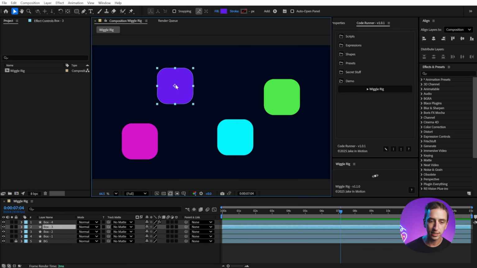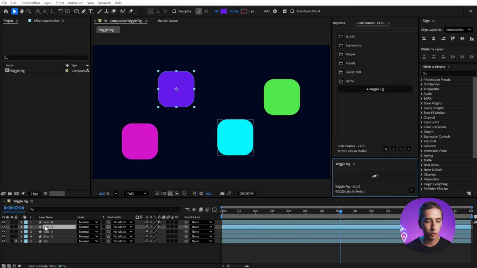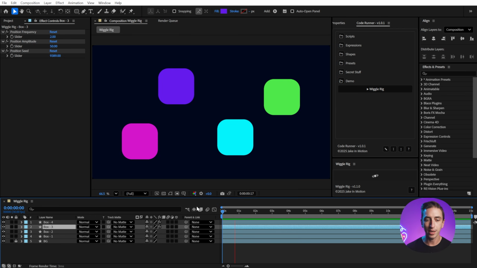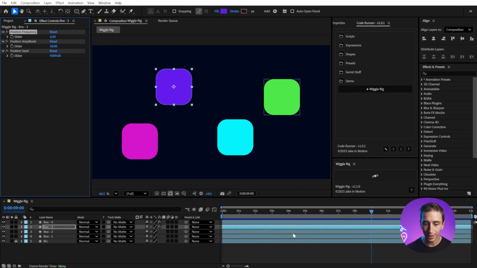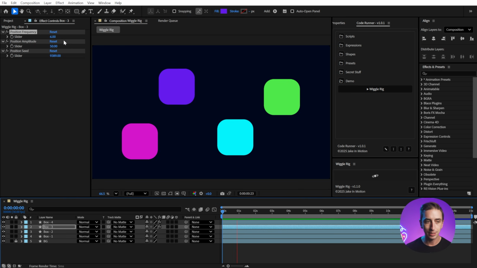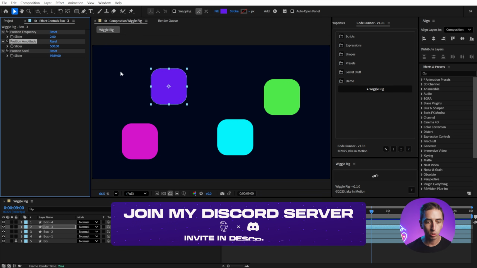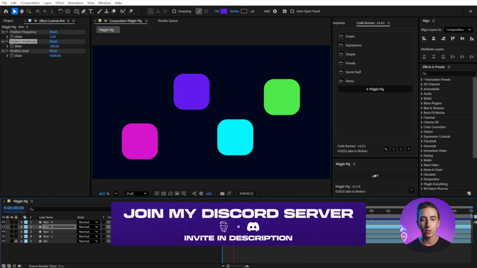And if you just select a layer and click the button, it's going to automatically find the position property and link it to expression controllers that it generates and names with that wiggle expression already applied. So I can control the variables of that wiggle, like frequency, amplitude, and a random seed, just by adjusting these values. So if I wanted this to happen more quickly, I could increase it to 6. Now it's 6 times a second instead of 2. Or if I wanted the amplitude to be much larger, I can increase that to 500, and it's gonna wiggle